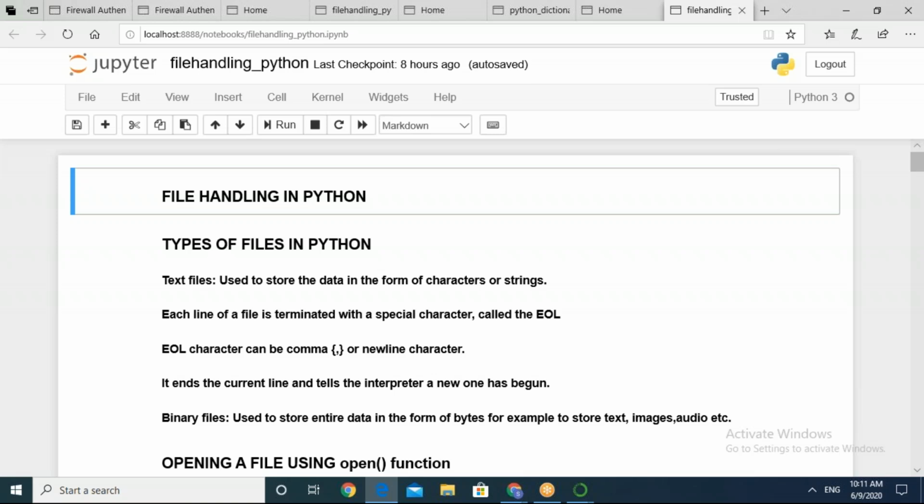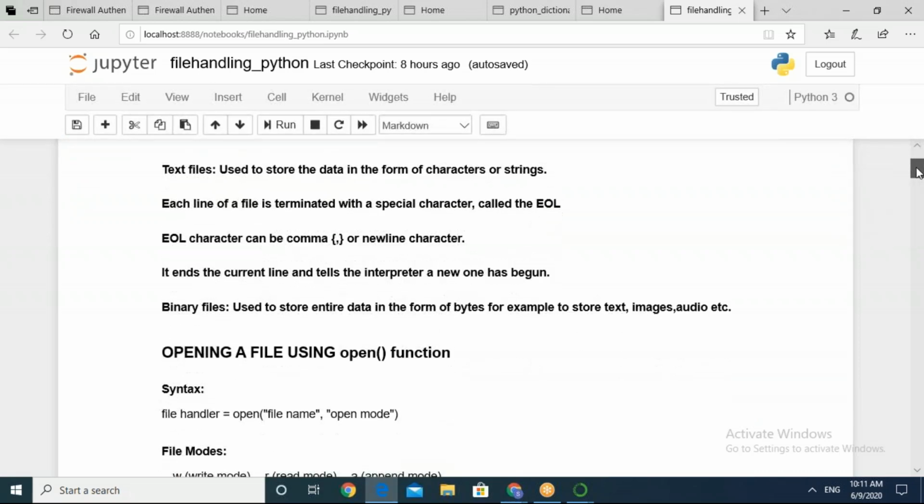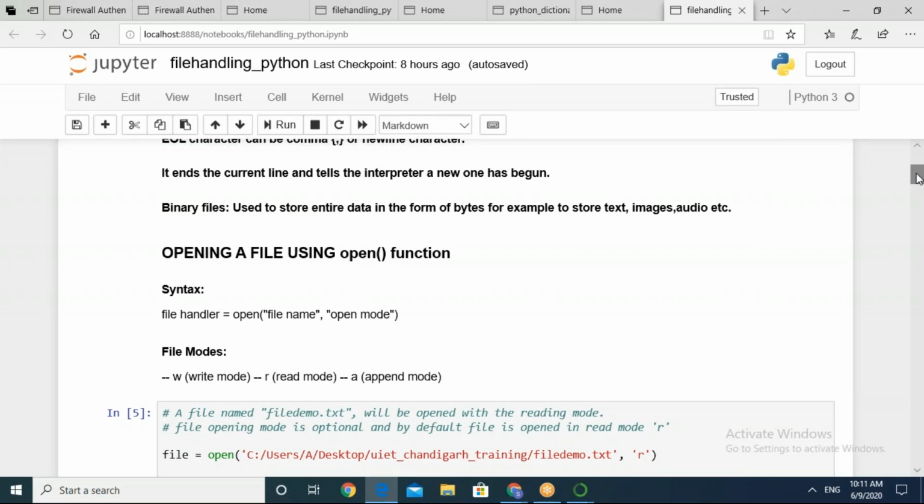And binary files are mostly needed in order to store entire data in the form of bytes. If, other than a text file, you also want to handle an image, audio, or video file, it is usually stored as a binary file in the form of bytes. So one by one we will see. You will observe that the concepts are similar to the things you have gone through in other programming languages, and you can easily go through accessing a file.